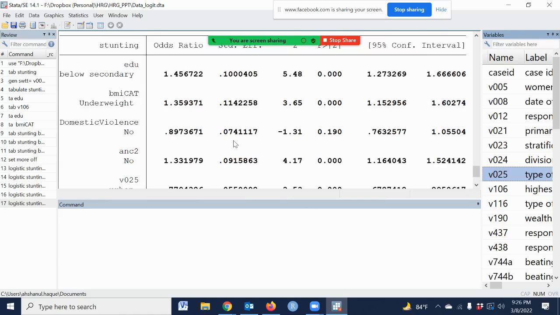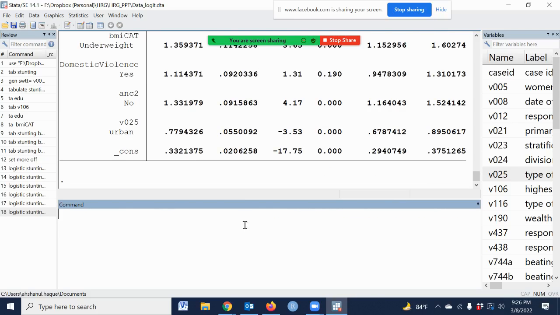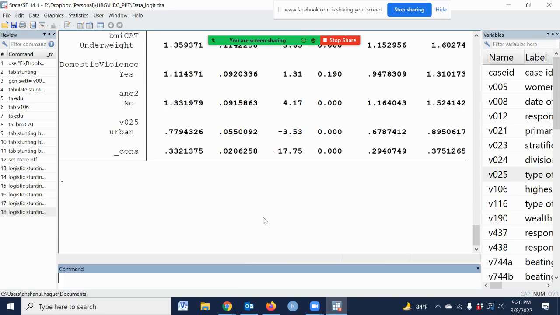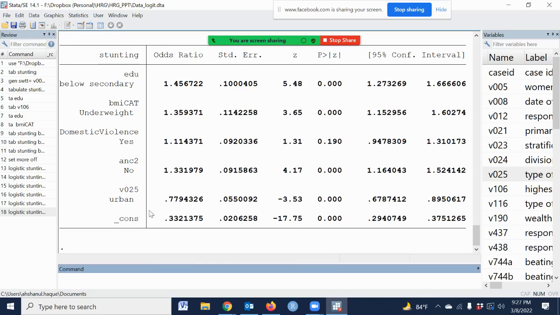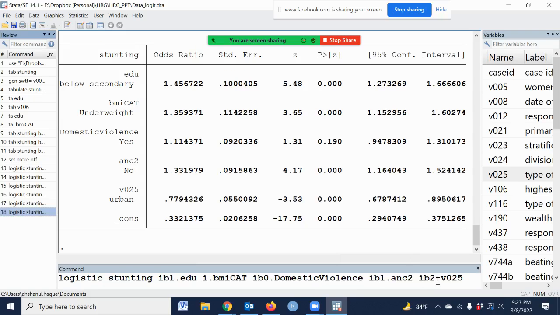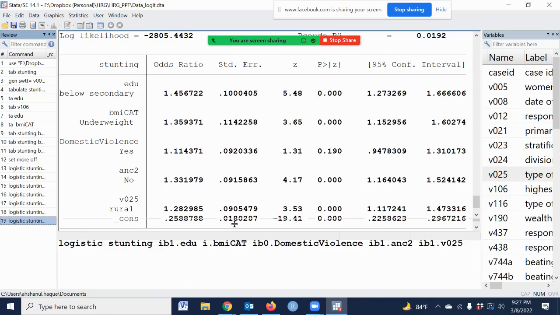Okay. This is also called multiple logistic regression since we have used several independent variables, and this is the odds ratio. And this is the syntax.